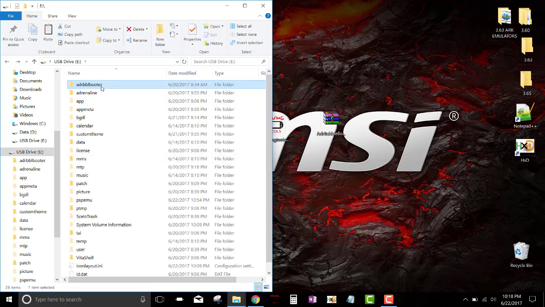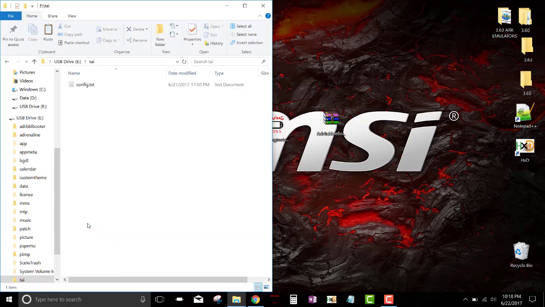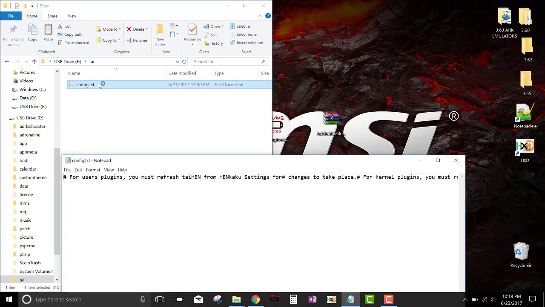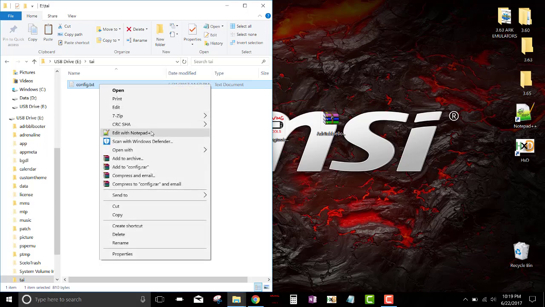So once we have that, we're going to move on to our TAI folder. So you get the TAI folder once you install AdrBubbleLauncher. Pretty much, probably all of you already have it. And then we go into the config text. So if you open it with Notepad, it doesn't really work. So open it with Notepad++. So we right click, edit with Notepad++. Now we get this